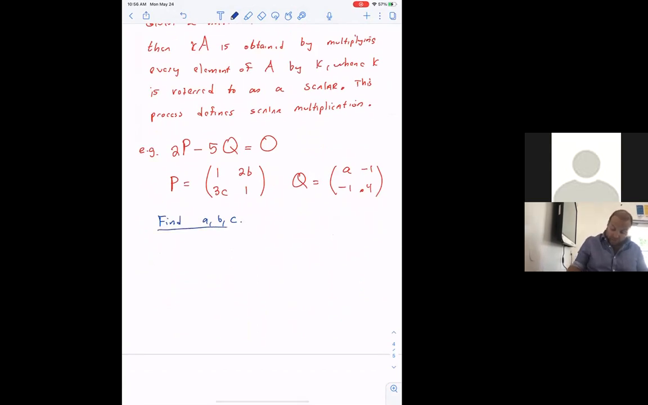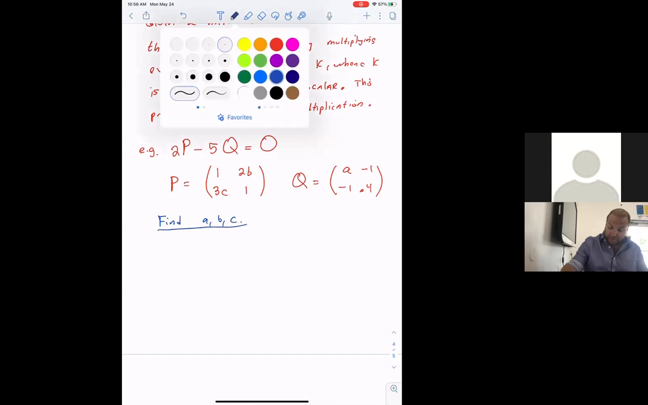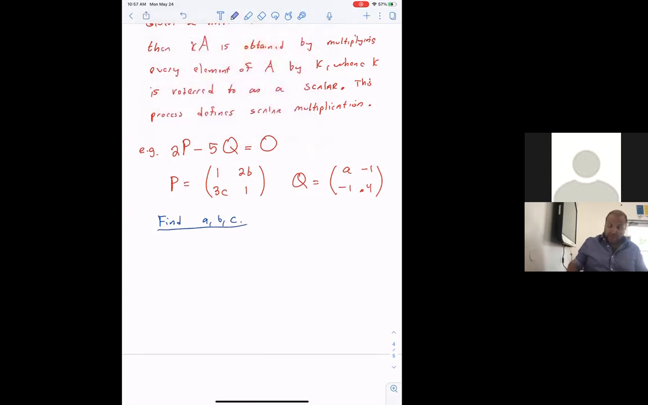So how are we going to do that? How are we going to find a, b, c? So we have this matrix equation, 2P minus 5Q equals 0. We have these 2 matrices, P and Q. Well, let's start off by writing it out. 2 times P, which is 1, 2b, 3c, 1, minus 5 times Q, which is a, -1, -1, 0.4 equals